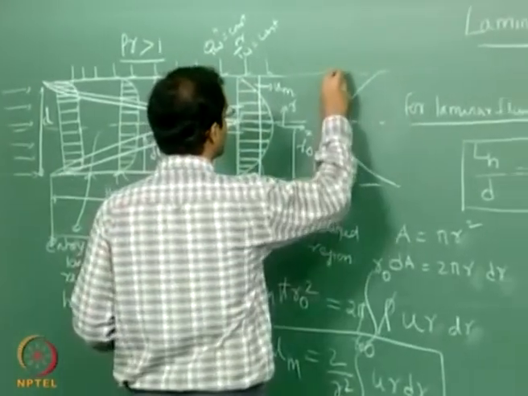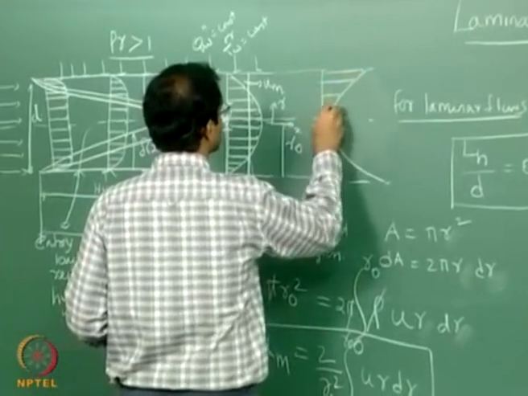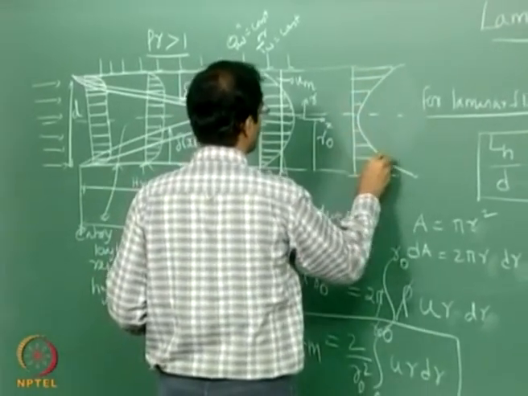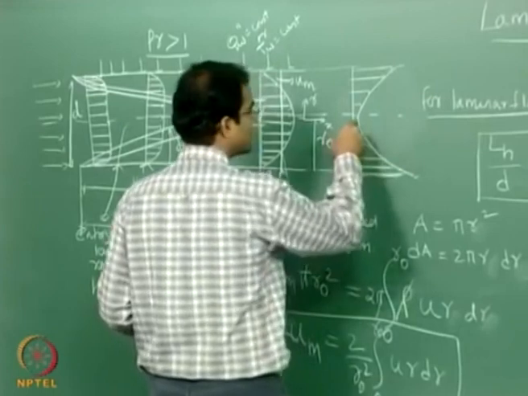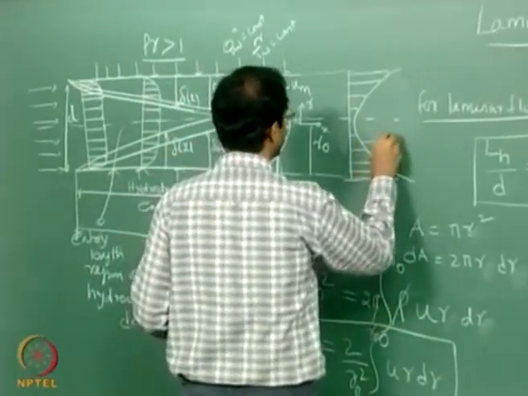So the magnitude of your wall temperature will be higher than the magnitude of the temperature of the fluid at the center, correct? So this will be your temperature profile, T as a function of